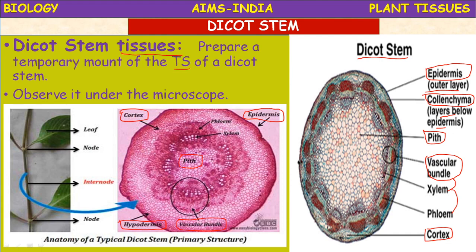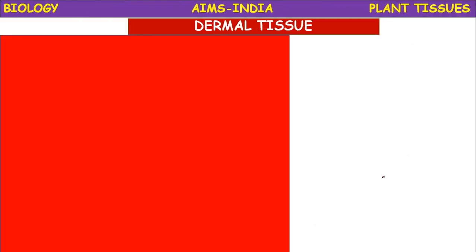So you have already studied the meristematic tissues, no? Now the other major groups that we shall study are the dermal tissue, ground tissue and vascular tissue. What are the 4 major types of tissues in plants? Meristematic tissue, dermal tissue, ground tissue and vascular tissue. So let us proceed. Dermal tissue, the name itself indicates dermis, epidermis. Okay, the outer layer.